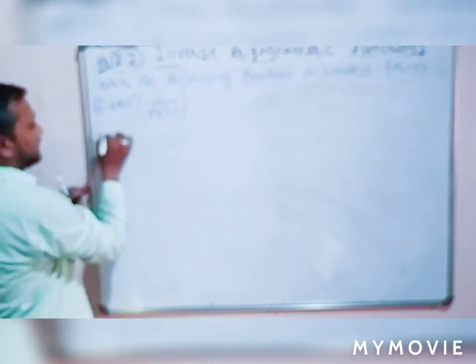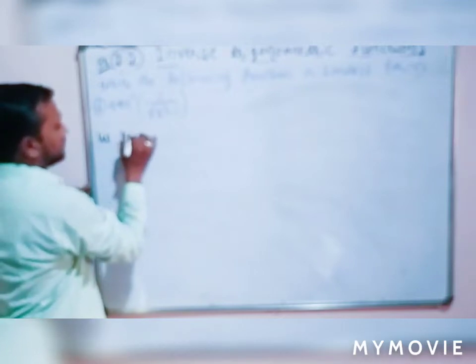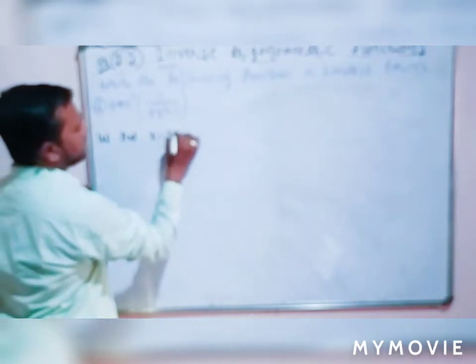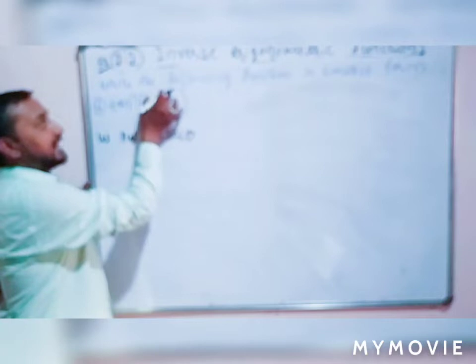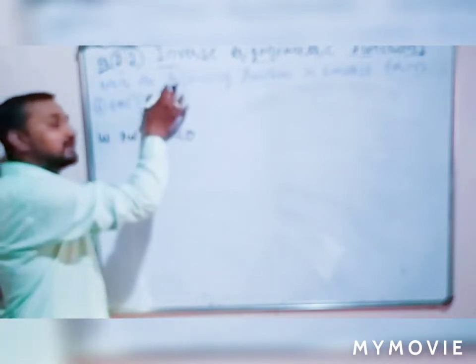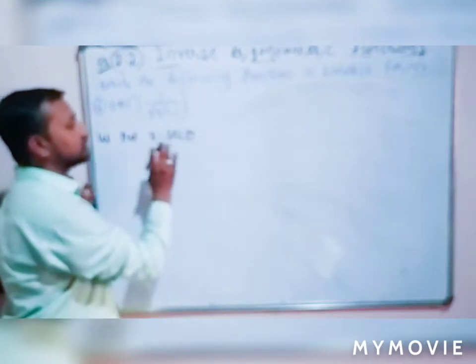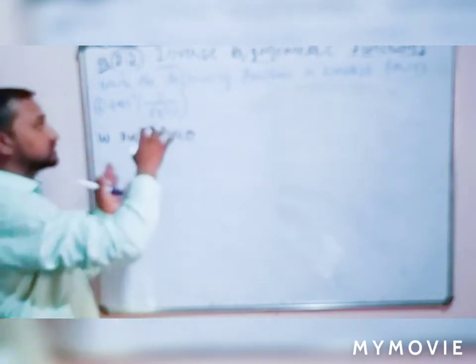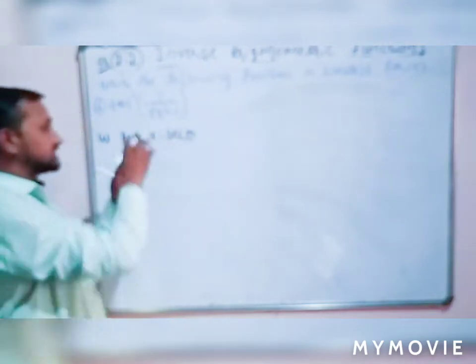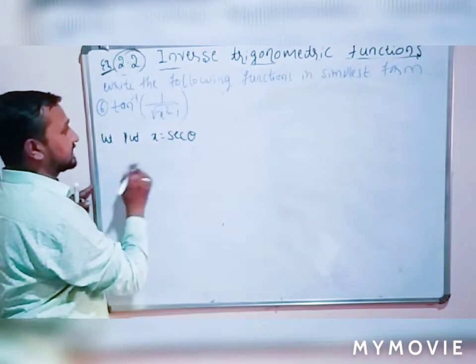Here first, let us consider this example. Let us put x equal to sec theta. We need to find a tan term or cot term in the numerator. If it is a tan term, tan inverse and tan get cancelled. If a cot term is there, then cot can be converted into tan of 90 minus the term. Here put x equal to sec theta. I can solve in two methods: put x equal to sec theta, or x equal to cosec theta.